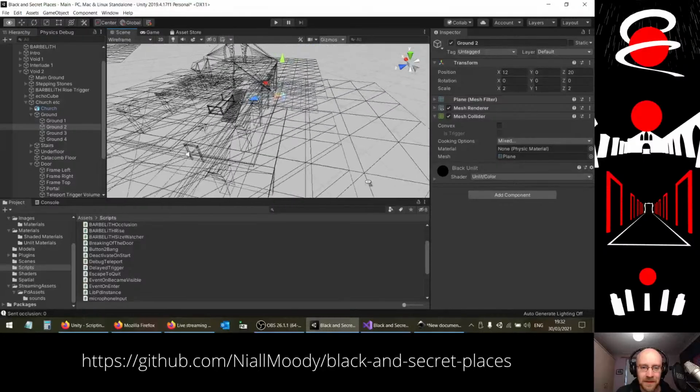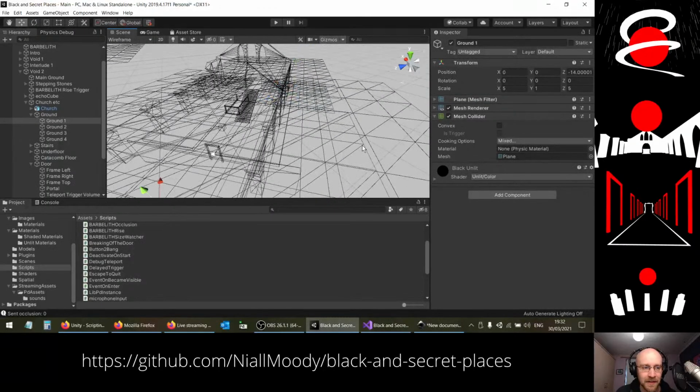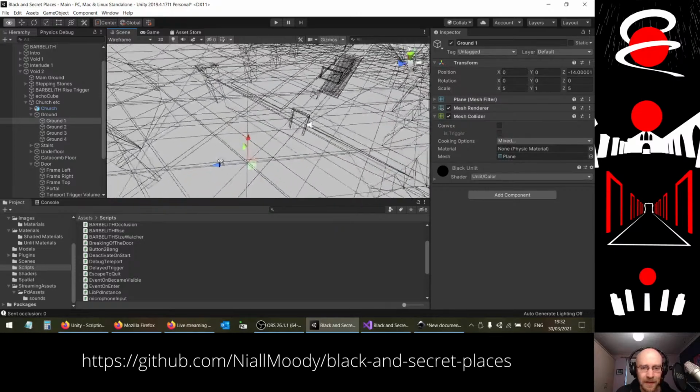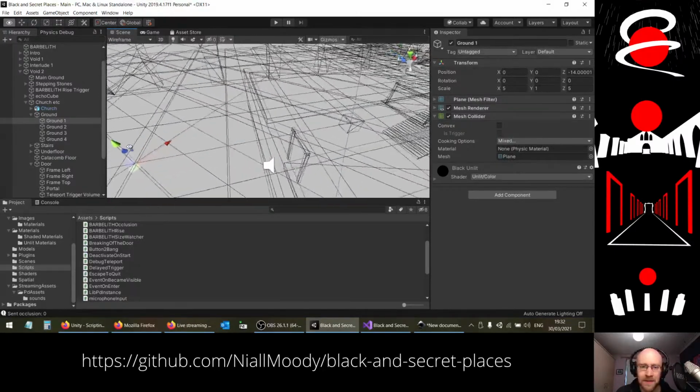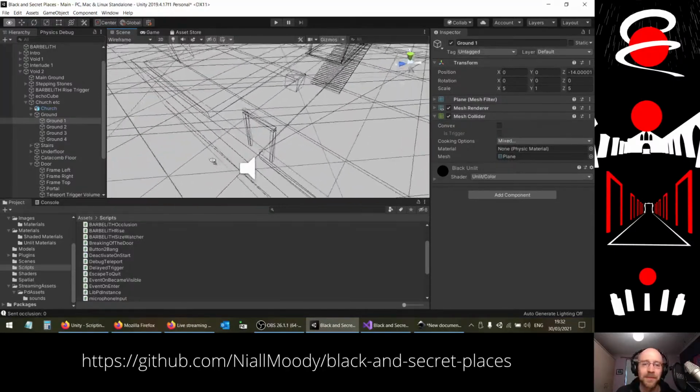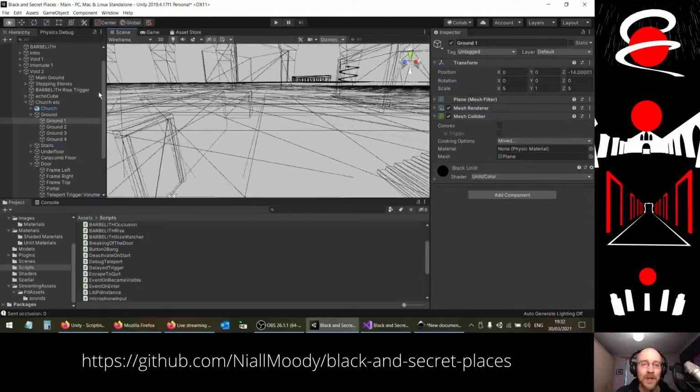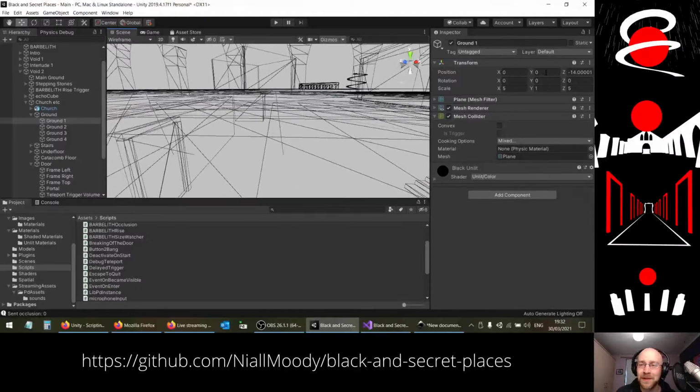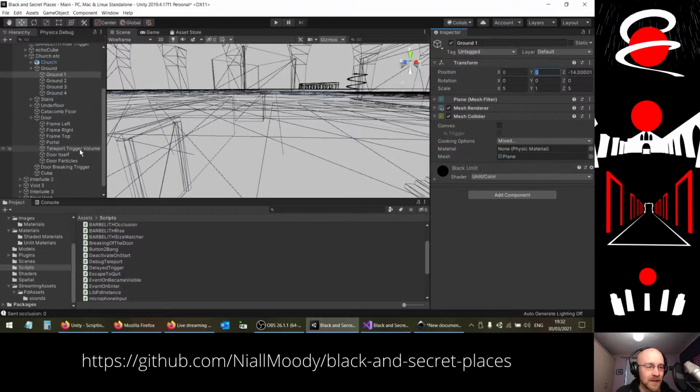I think this ground 1. Okay, right. Sorry, I just wanted to check where the ground was. So ground is at 0 on the y-axis. So my cube that I've just added